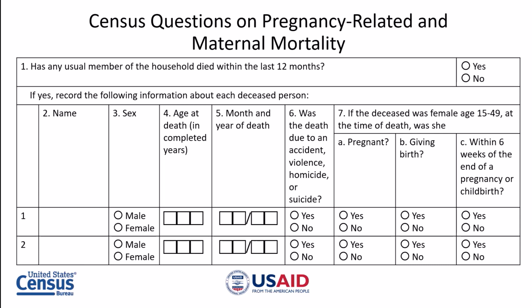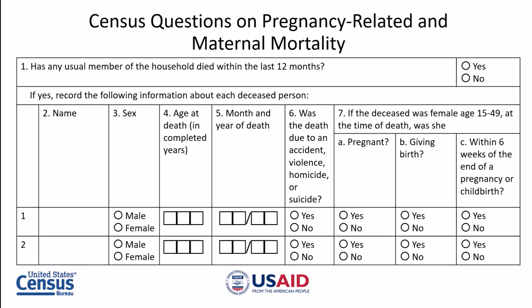If asked for all deceased, this question can also give an overall indicator of the proportion of deaths due to external causes. Then finally, we ask a set of 3 questions if the deceased was female, aged 15 to 49. We ask at the time of death, was she pregnant, giving birth, within 6 weeks of the end of a pregnancy or childbirth? These 3 questions identify the timing of death relative to pregnancy for women who die during their